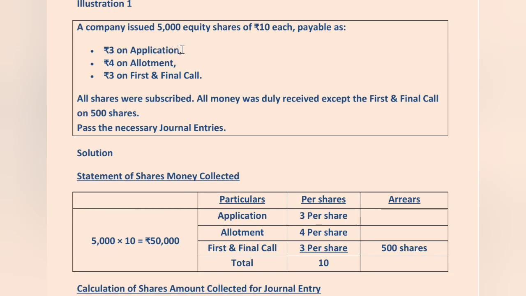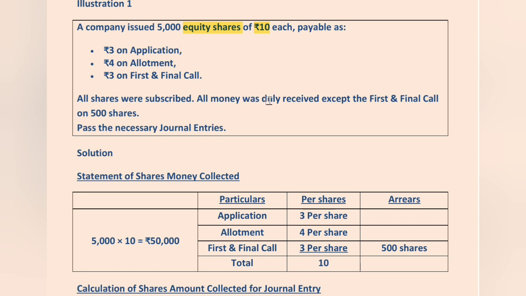See the first illustration. A company issued 5,000 equity shares of rupees 10 each payable as follows. How many shares is the company issuing now? 5,000. Per share is 10 rupees. How is it collected? Rupees 3 on application, rupees 4 on allotment, rupees 3 on first and final call. That's the basic information. Next, all the shares were subscribed, and all